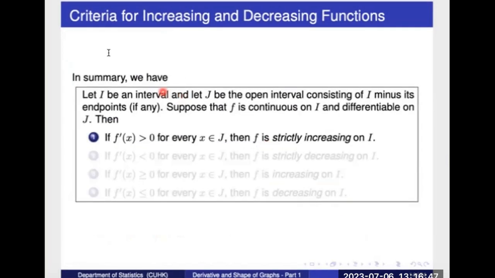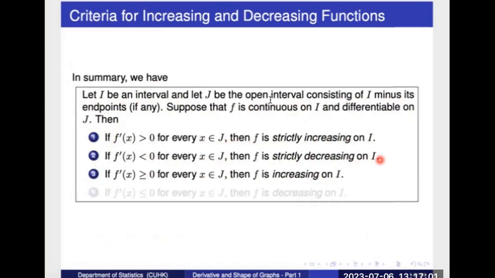To recap, consider the box of information displayed on the screen. Let I be an interval, and let j be the open interval obtained by excluding the endpoints, if any, of I. Assuming that f is a continuous function on I and differentiable on j, then the following statements hold true. If f prime of x is greater than 0 for every x in j, then f is strictly increasing on I. If f prime of x is less than 0 for every x in j, then f is strictly decreasing